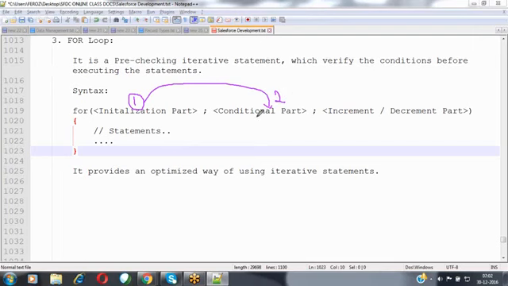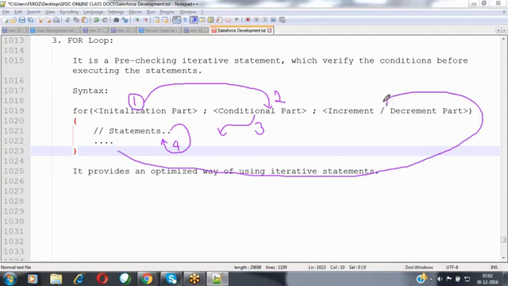And once the condition has been verified, it will be entering into the block. This is the third step. After that, whatever statements are available, these statements will be executed right now here. This is the fourth step. Once the statements have been executed, and if there are no more statements to execute, it will go to that increment or decrement part.